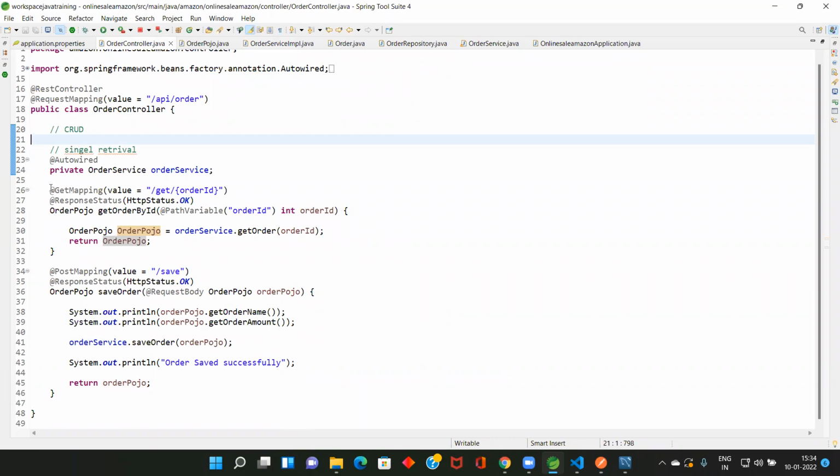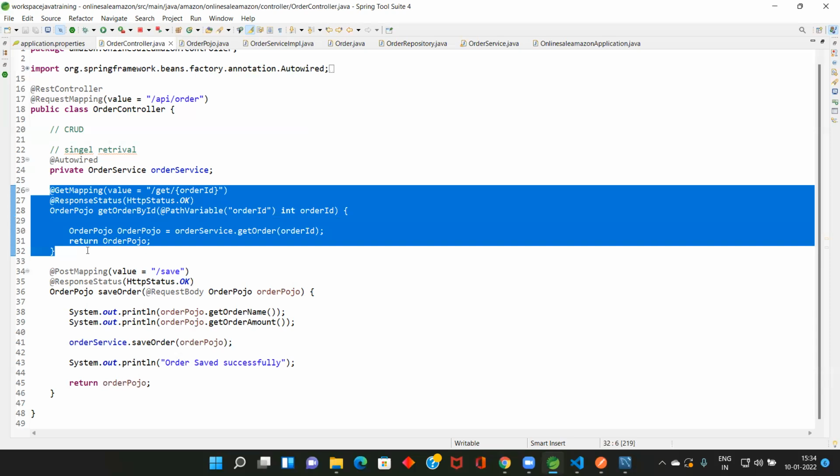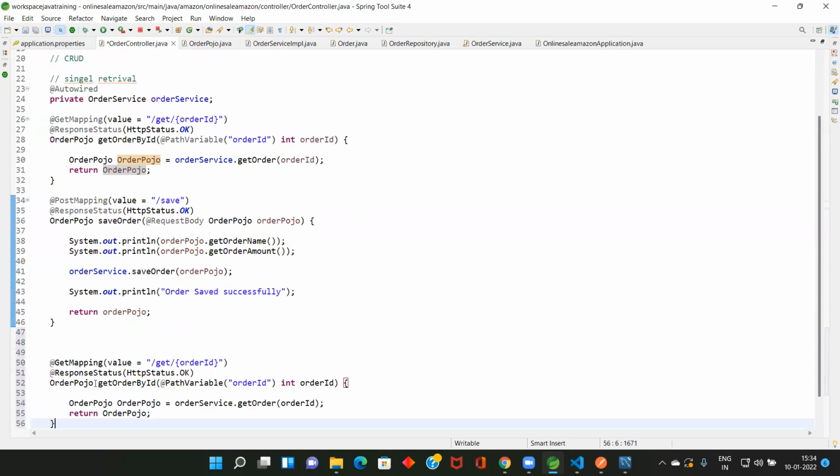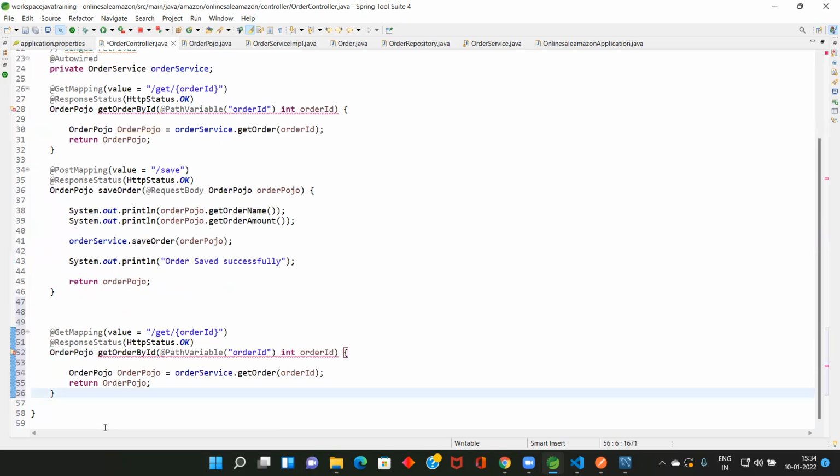Instead of same get mapping, same get mapping. List order. I think here we no need anything because we are going to pull all the things.